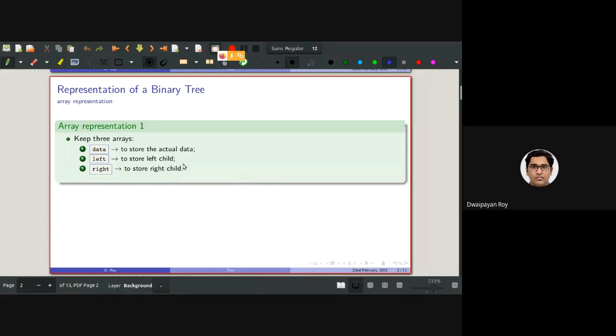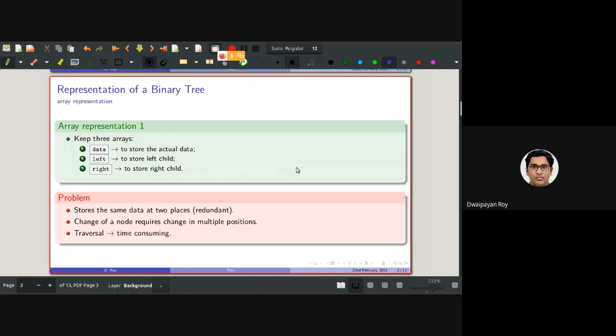So here we have seen that we can store the data itself, or we can also store the position of the data in the data array as well. But there is a problem with that.